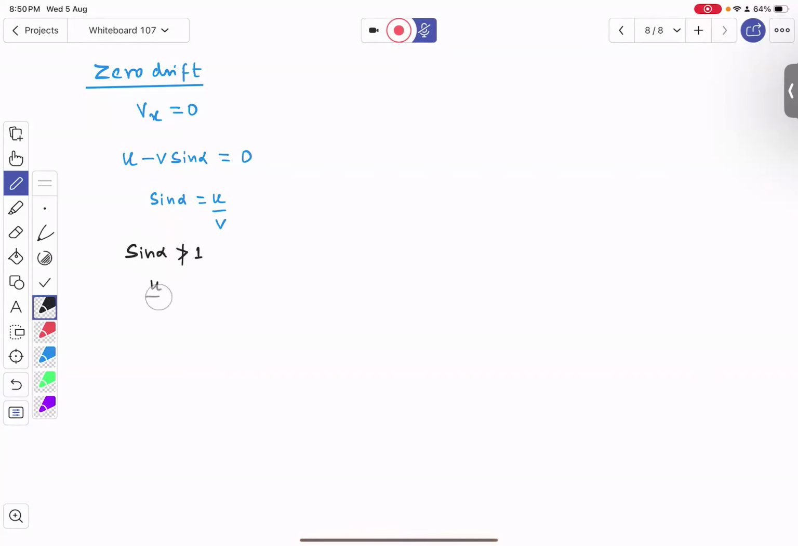So sine alpha can be equal to this only when u by v is not more than 1, when u by v is less than 1. So u by v less than 1 means what? When the speed of the river with respect to the ground frame is less than the speed of the boat with respect to the river. Correct? So zero drift is not always possible. Only possible